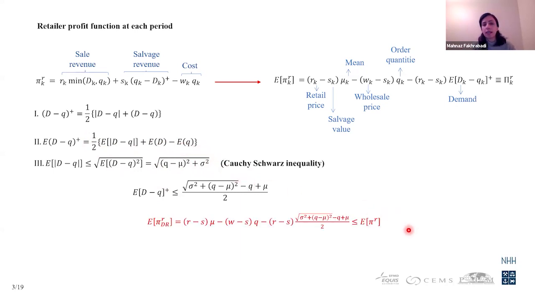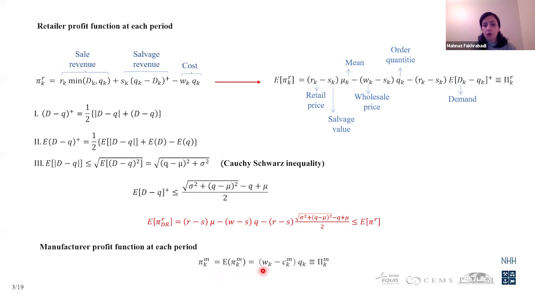So I can write it like this, right? And we say that based on this, the distributional robust expected profit for the retailer is a lower bound for the expected value of the retailer's profit with known distribution. For the manufacturer, on the other hand, we don't see any changes, considering the original form for the manufacturer,